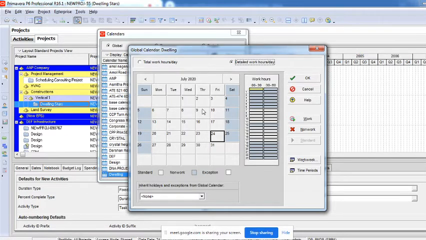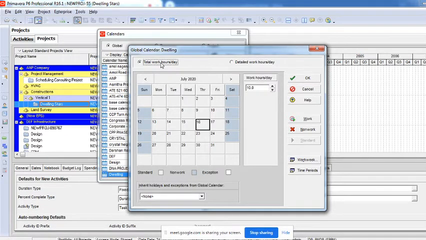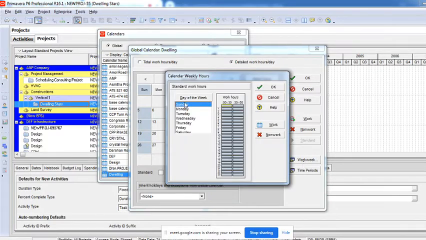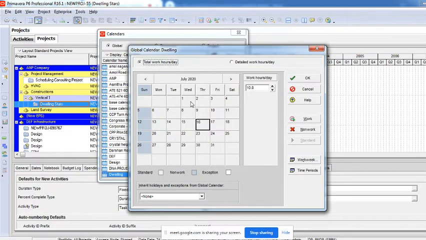It says it's 5 days working and probably 10 hours per day. I want it to be different. I'll go to this detailed work hours per day. I'll click on this work week. You can see I have work days, Sunday, Monday, Tuesday, and all. I'll select the days of the week and I'll select these working hours. I'll say work. So what I have selected, the moment you come and see here, you can see it's 10 hours per day, which I wanted, for 6 days.